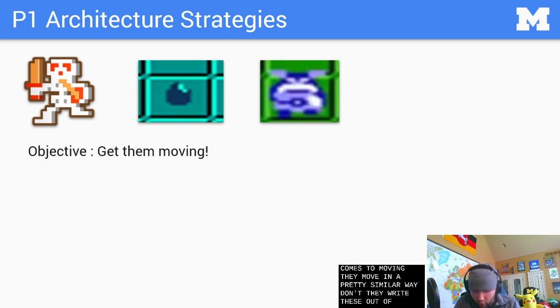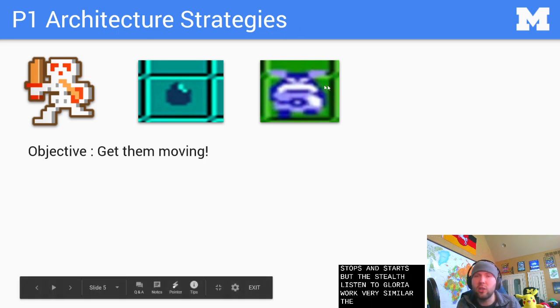These enemies all move on the grid, on a tile, sort of like in Pokemon, right? There's a very pronounced movement grid, and they're a little bit unique, right? The gel kind of stops and starts, but the Stalfos and the Goria work very similarly. The Goria kind of stops and starts too sometimes when it's firing.